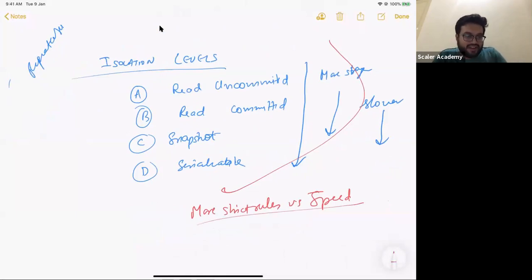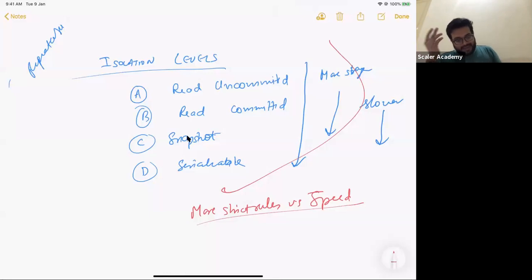And do you also appreciate that just because you are having stricter rules, that only means you are using more locks? And the more locks you use, the less parallelization is possible. And the less parallelization is possible, the slower it is, the more the latency, and the slower the speed. Does that make sense to everybody? Fundamentally, it's nothing but having more and more locks as you move down these levels of isolation.